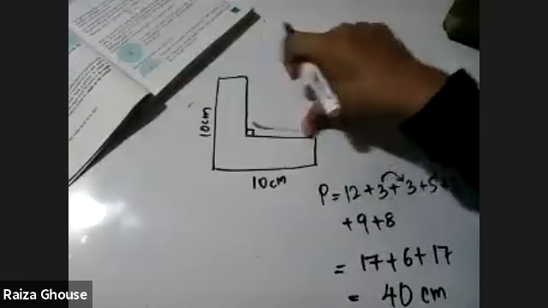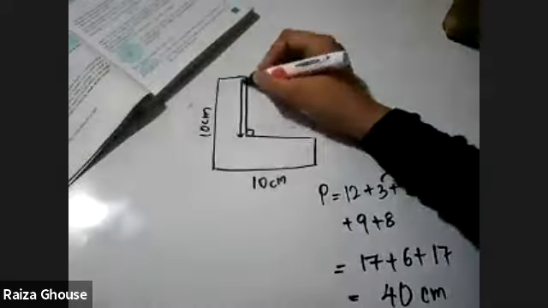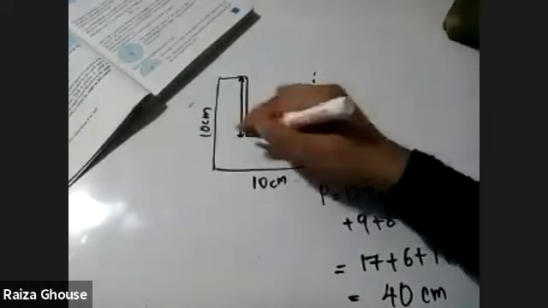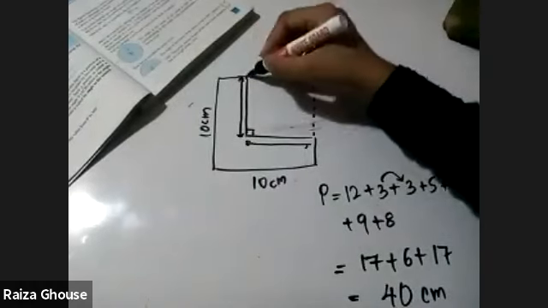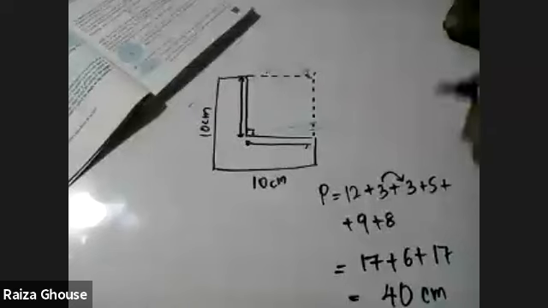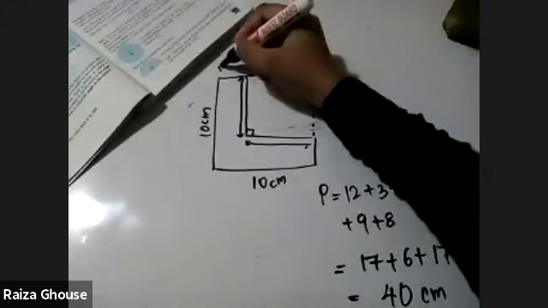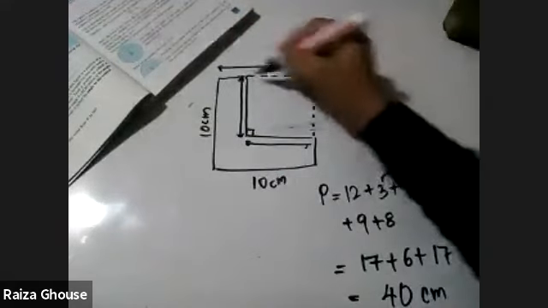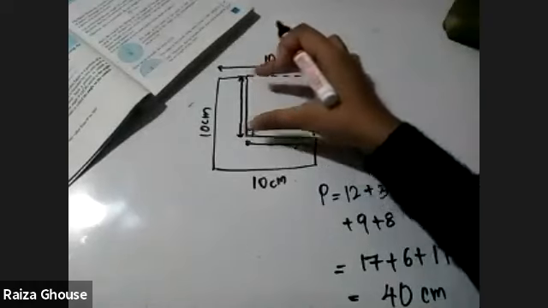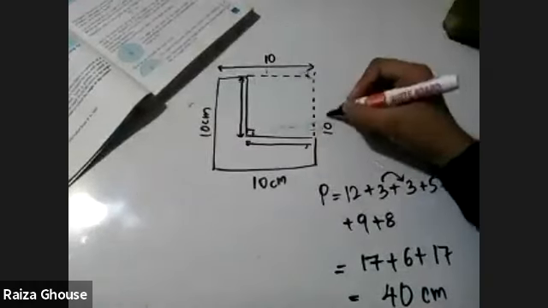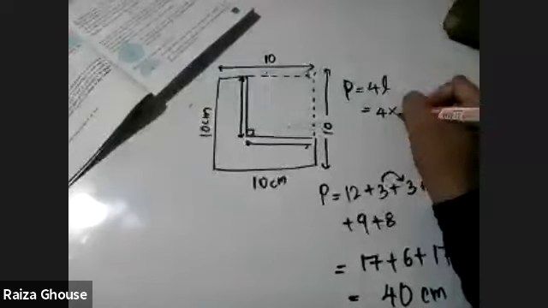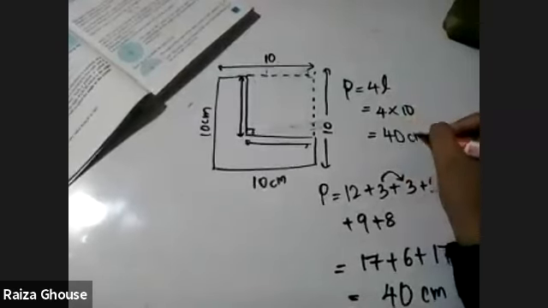Here, just imagine I'm taking this part here, see properly. This line, I'm carrying up a little. Now see, I'll draw it as a dotted line. Now, what is the length here? This length and this length, it's 10. This one plus this one, altogether 10. It's a square. Perimeter equals 4L, 4 into 10, that is 40 centimeters.